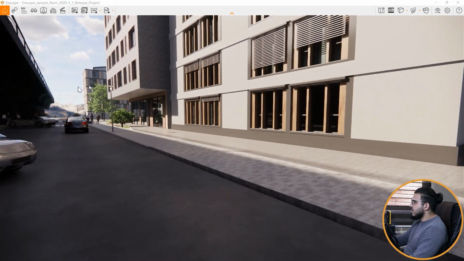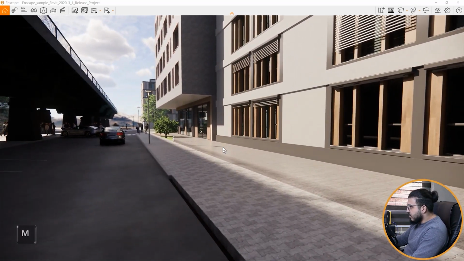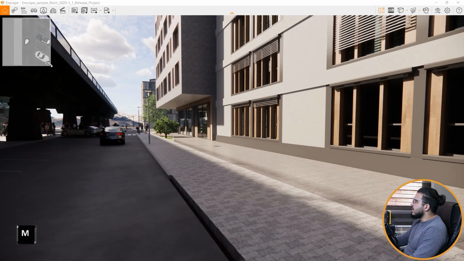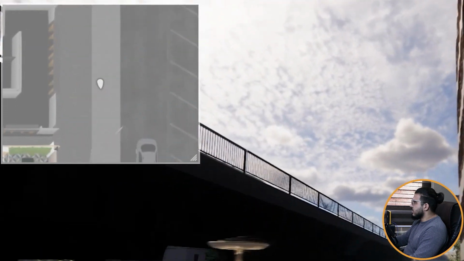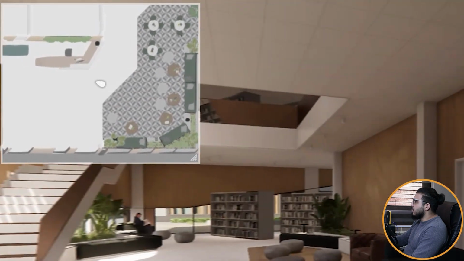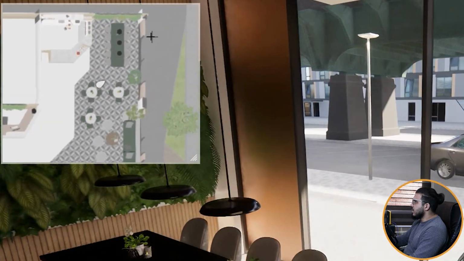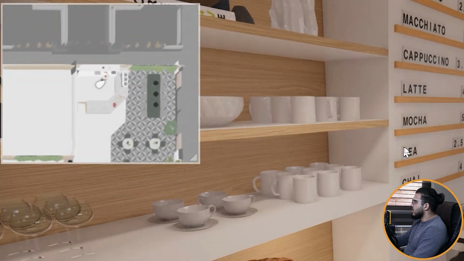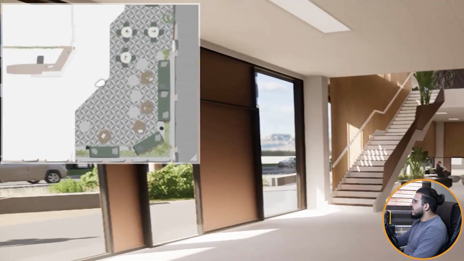And also if you want to see a minimap on top of your Enscape file, just press M, and now you can see a minimap. You can make it bigger, and when you go into your buildings, let's press Shift and Q and WASD, you will see a map of your building too. You can teleport by just clicking on it too. For example, in here you can teleport, and this is really helpful sometimes when you are presenting your work to your clients.